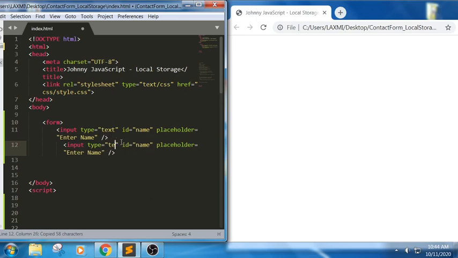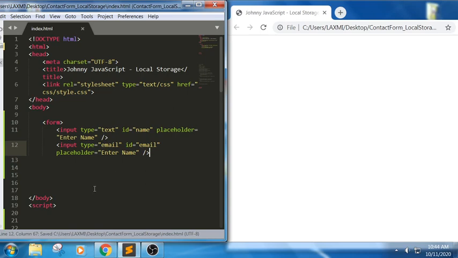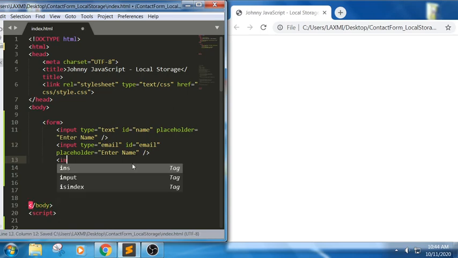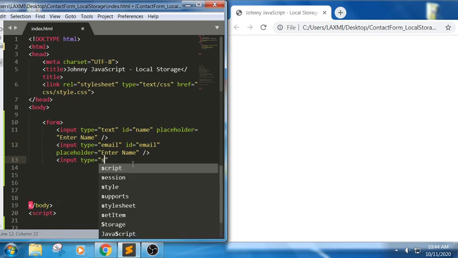Next I am writing email ID here. Here it is email. In the first session itself we discussed the DOM methods. We use ID for retrieving the value of this HTML element using DOM. Next I am writing a submit button, input type equal to submit.